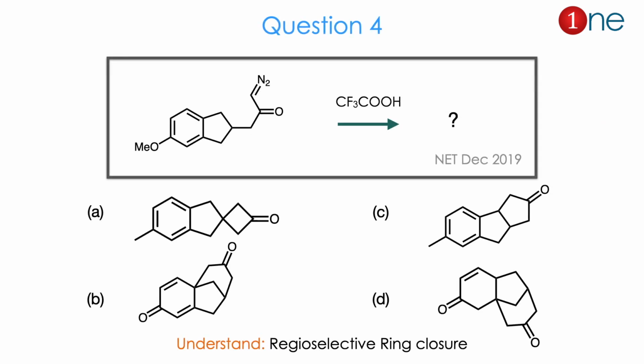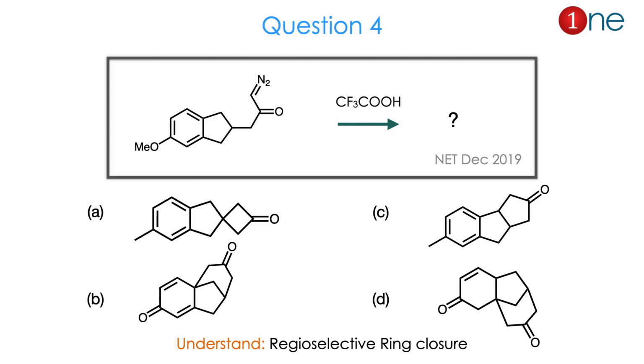Then question number 4. The starting material is benzene attached with methoxy groups. You have a 5-member ring with a side chain carbonyl and nitrogen. You are using acid. They ask how the reaction proceeded further, whether a spiro compound is formed or ring fusion occurs with the first carbon, second carbon or the third carbon. So there are these ring closure possibilities.